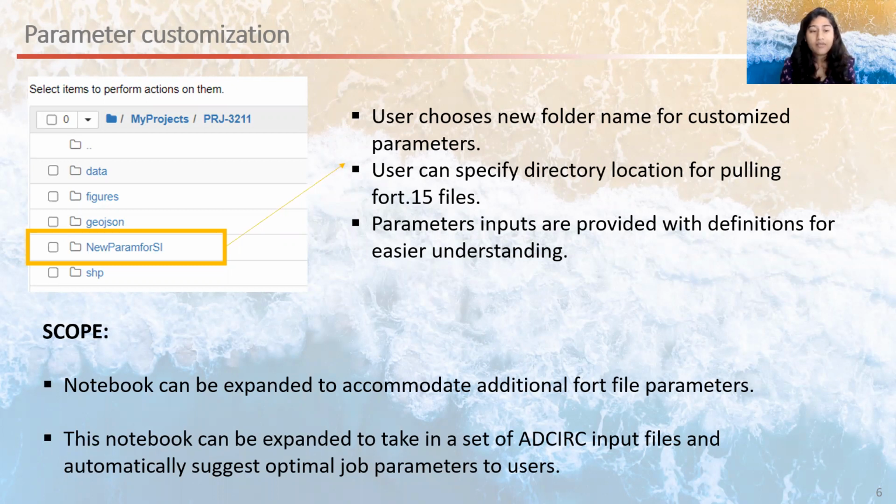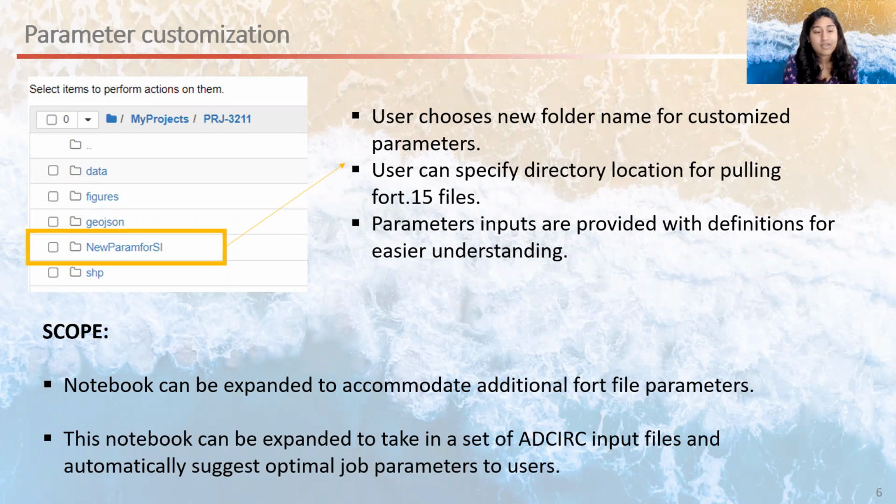So that way you don't have to do any new cut, copy, paste for running an ADCIRC job. You just have to mention what the new directory location is. And in the end, this Jupyter notebook is very useful for first-time users. It's going to save some learning time for them, and it's also a nice introduction for them to experiment with